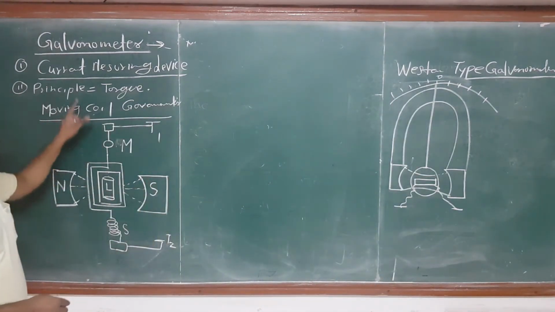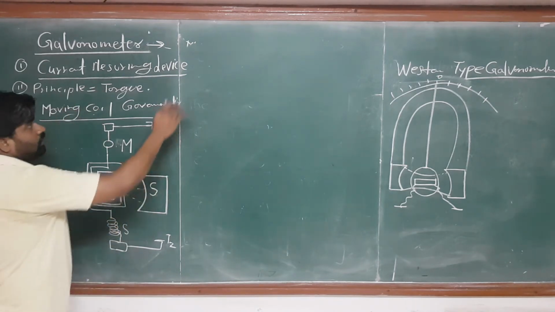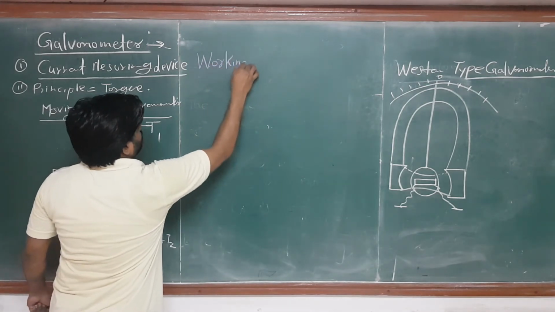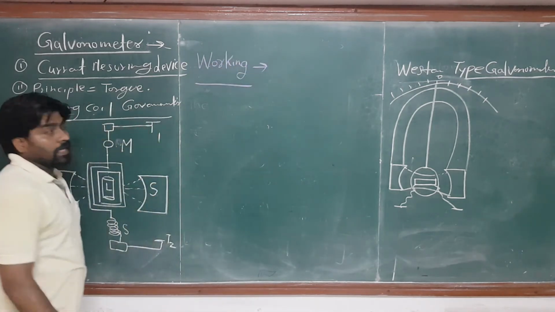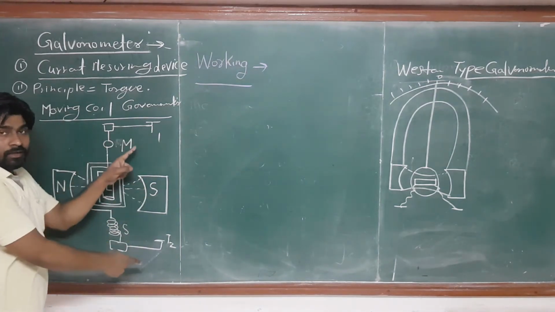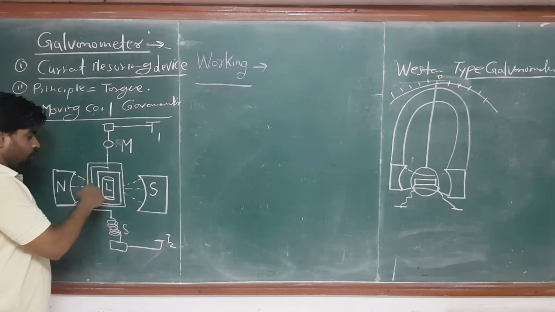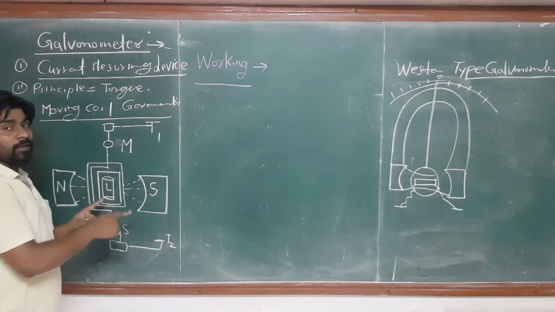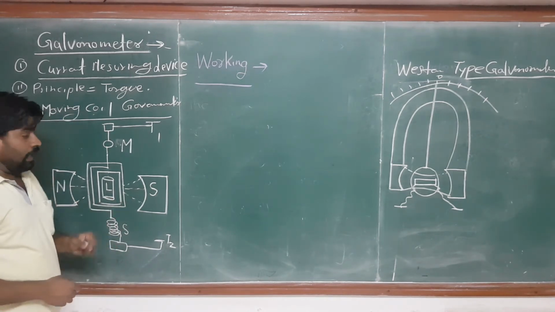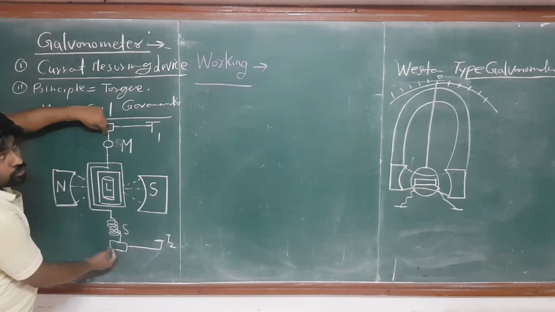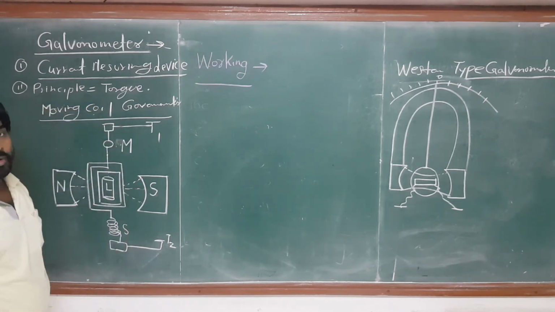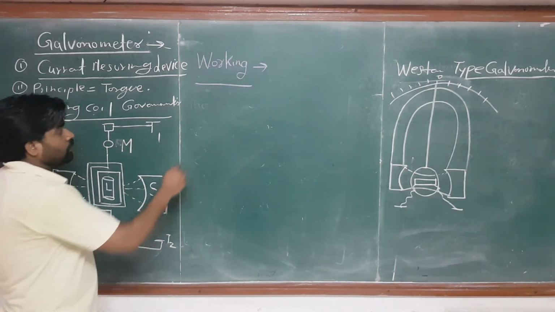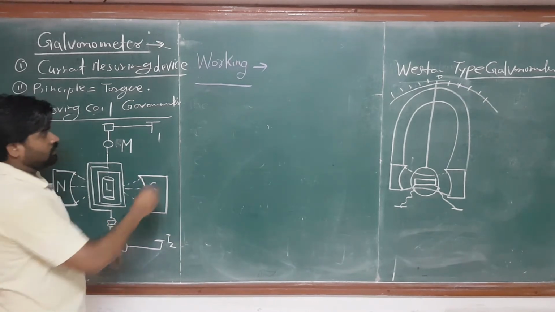So as I told you, its use and its principle. Now coming to working. So I'm writing here working. So what is the working? As I told you, when we apply the current, when the current flows, due to the magnetic effect of current, the magnetic field also develops in the coil, and this magnetic field and the coil's magnetic field repel each other, and the coil is connected with these two movable ends, so the coil begins to rotate, and it rotates due to the torque produced by the magnetic field. So this torque is known as the magnetic deflecting torque.